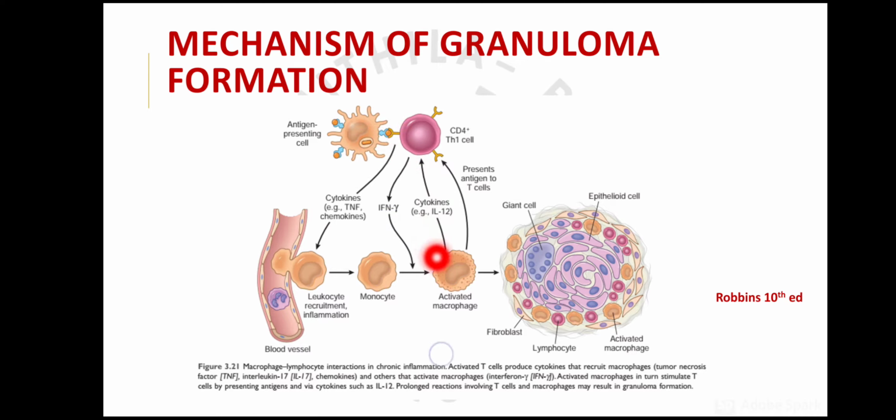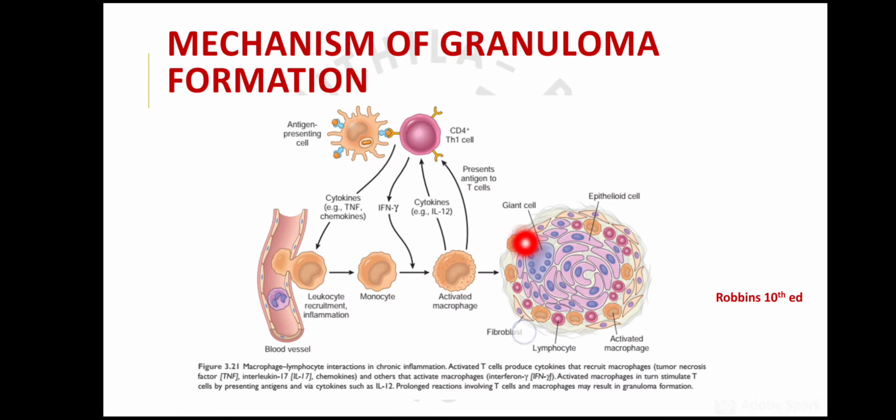So there is mutual activation of the macrophage and the T helper cells, and it will also recruit monocytes from the blood circulation by the release of TNF and chemokines. These monocytes will reach the tissue and form the activated macrophages. So these macrophages now assume a slipper shape, spindle shape, and they accumulate pale granular, abundant cytoplasm, and they form these epithelioid cells.